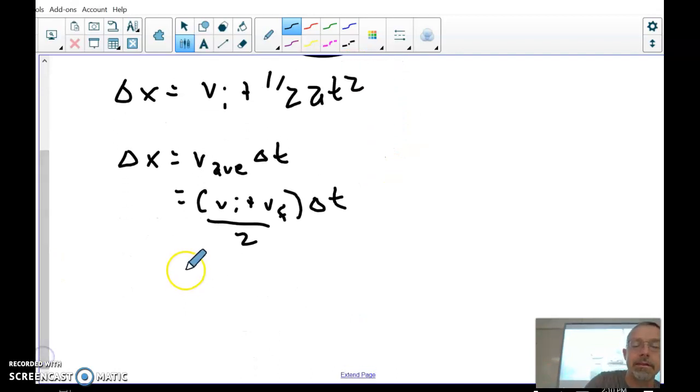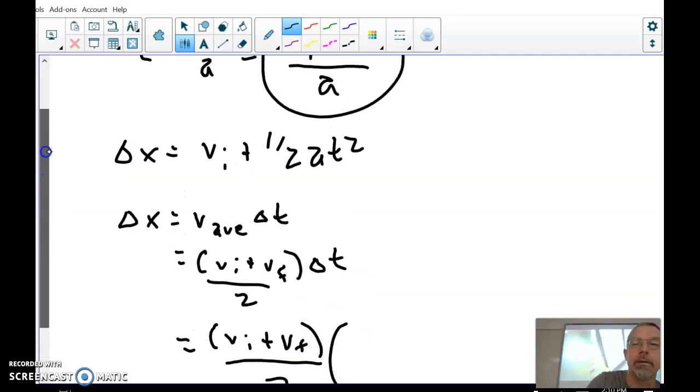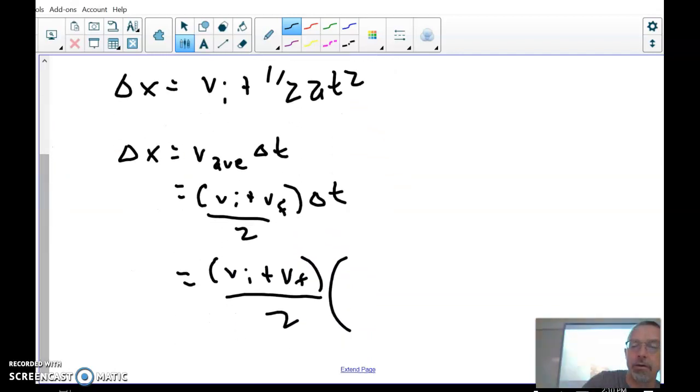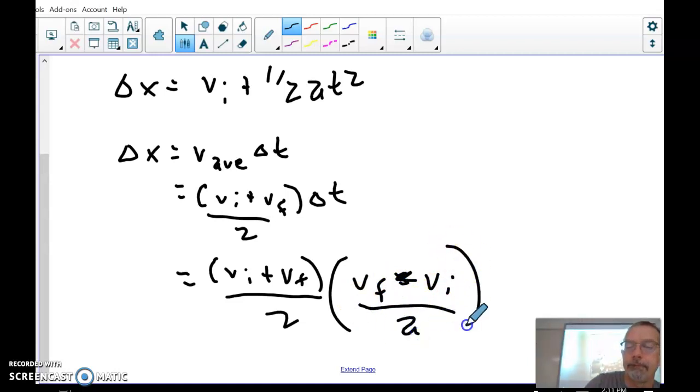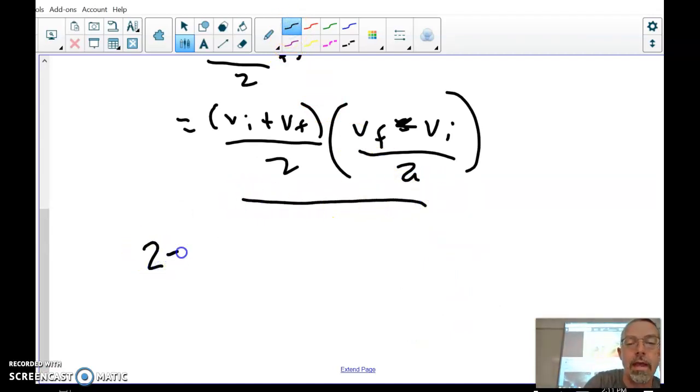So now I can say that delta X equals VI plus VF over 2 times this value up here, VF minus VI over A. I'm going to get this 2A out of the denominator, and I'm going to say that 2A delta X equals,